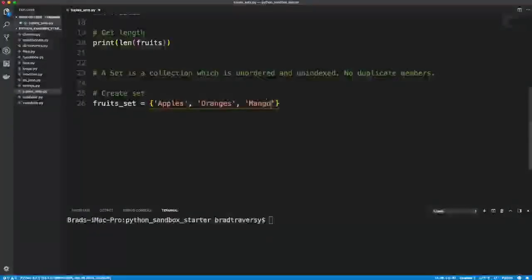And I mean, you kind of have to decide when you're programming. You have to decide what the best data structure is to use. Should you use a list? Should you use a set, tuple? I mean, every situation is different, and some work in certain situations and some don't. I mean, if you don't want to have duplicate members, then a set might be what